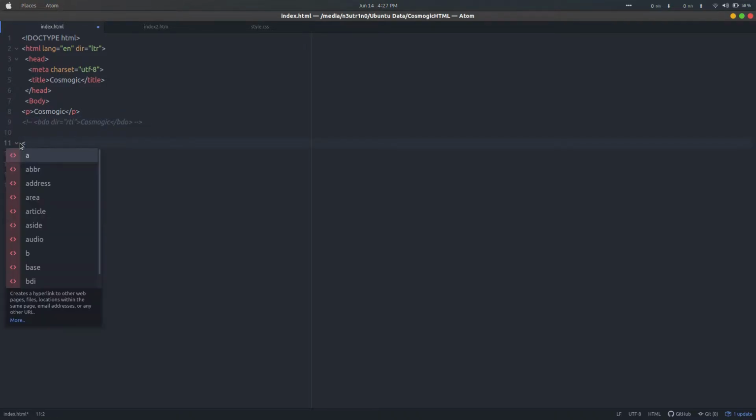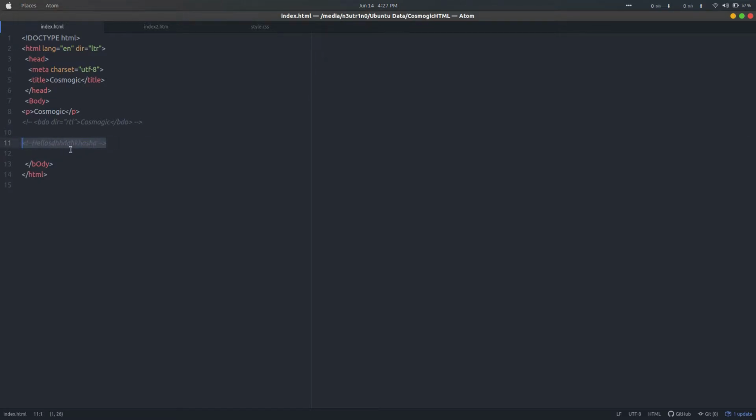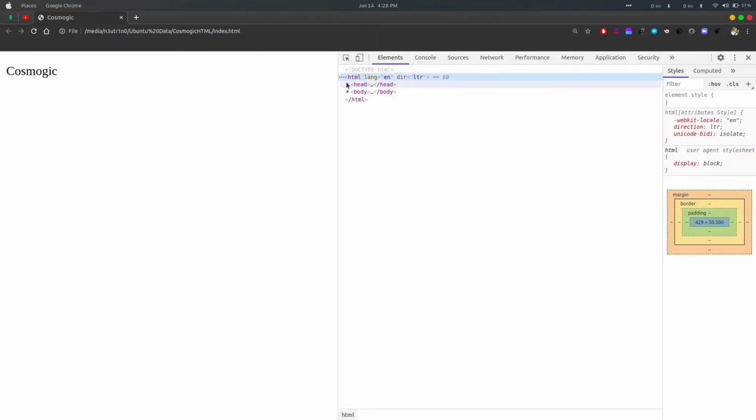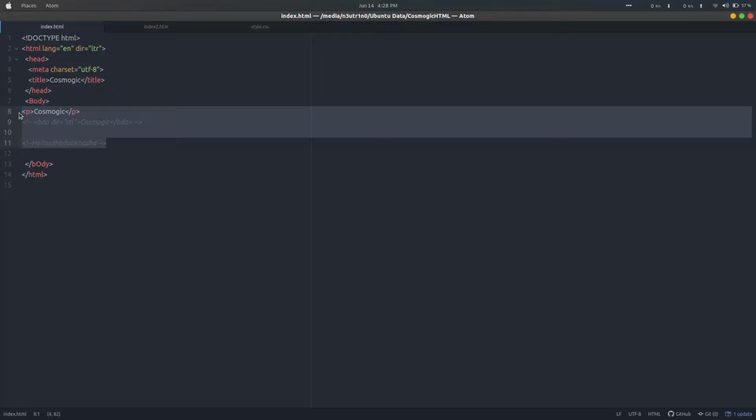A comment starts with the less than bracket, an exclamation mark, double minus, and then anything you want to write, like hello. Now close it with a space, minus minus and greater than. Now this is the commented part. It will not be rendered by the browser. So let us see it in the inspect panel. You can see it here. It is commented, but it is not rendered in the web browser. It is just kept by the web browser as it is.